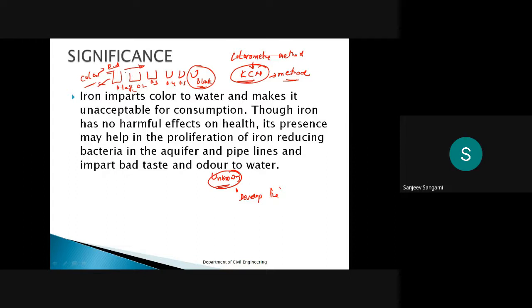Of course, that calculation we have to do, but we will not discuss it in detail. Once you add the iron solution, for all of them you have to add 5 ml of this KCN reagent: 5 ml to this one, 5 ml to this one, and so on, and make it up to 100 ml using distilled water. So now we will get the increasing color from left to right.